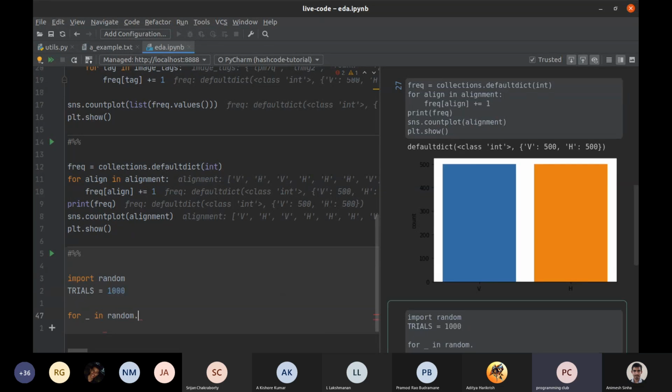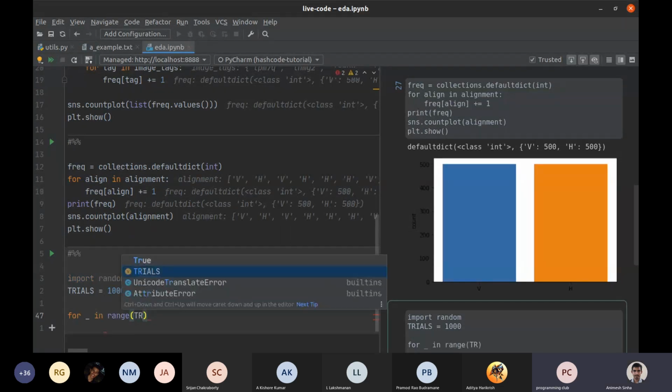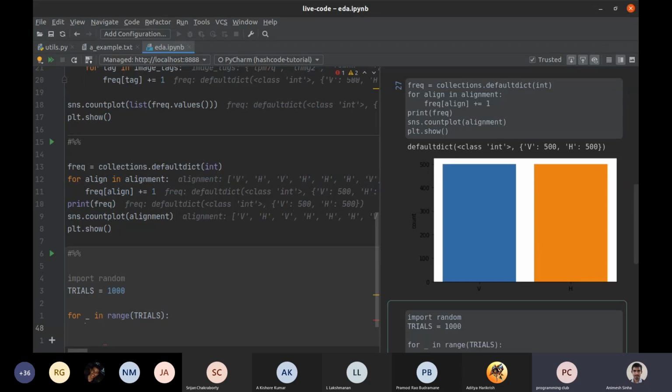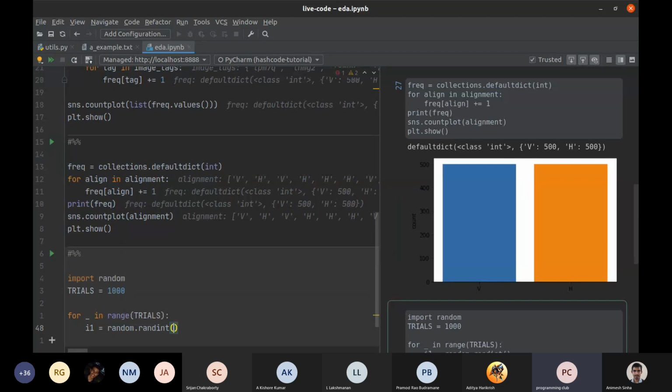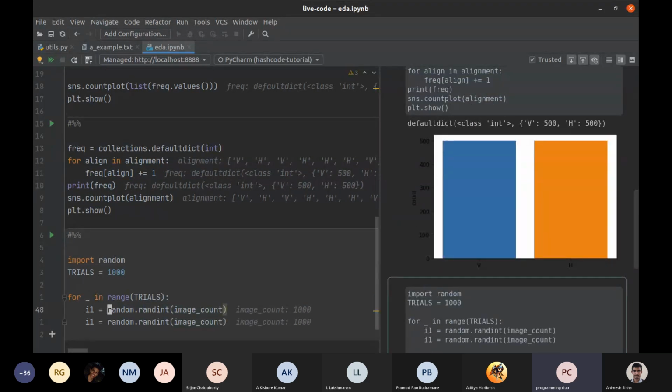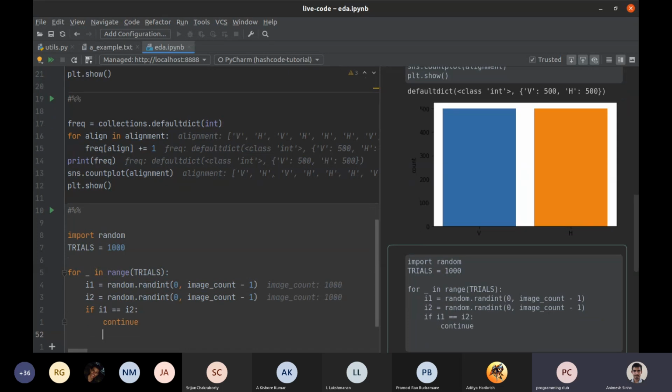So for 1,000 trials, just range in this case. Pick two random images, and try to.